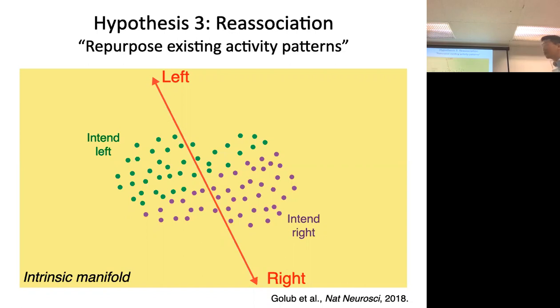But within the neural repertoire, the animal can choose to decide when to use which activity pattern appropriate for the task. And so the ones that are more up here would be produced when the animal wants to move the cursor to the left, and the neural activity patterns down here would be produced when the animal wants to move the cursor to the right.